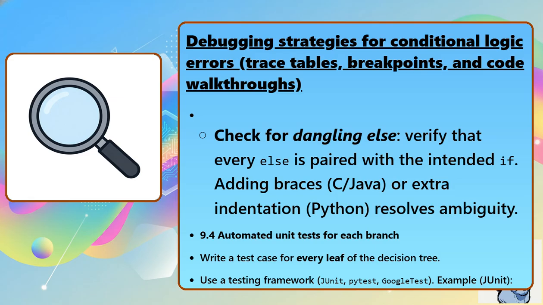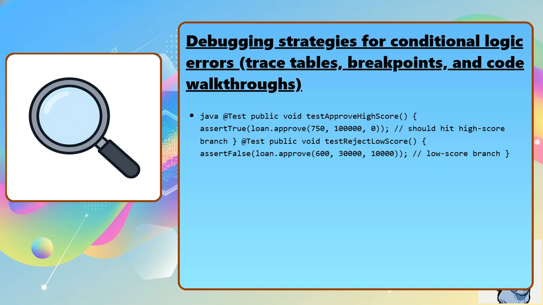9.4 Automated unit tests for each branch. Write a test case for every leaf of the decision tree. Use a testing framework: JUnit, PyTest, Google Test. Example, JUnit. @Test public void testApproveHighScore() { assertTrue(approve(750, 100000, 0)); // should hit high score branch }